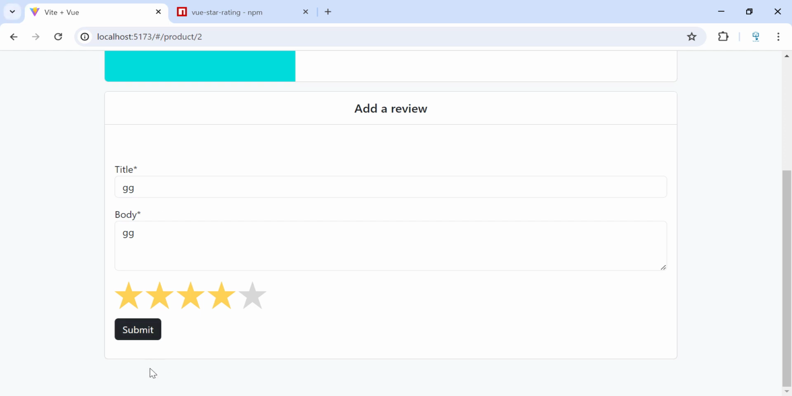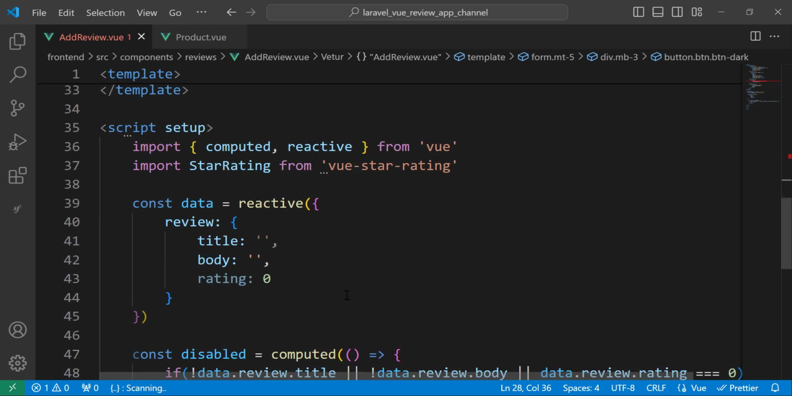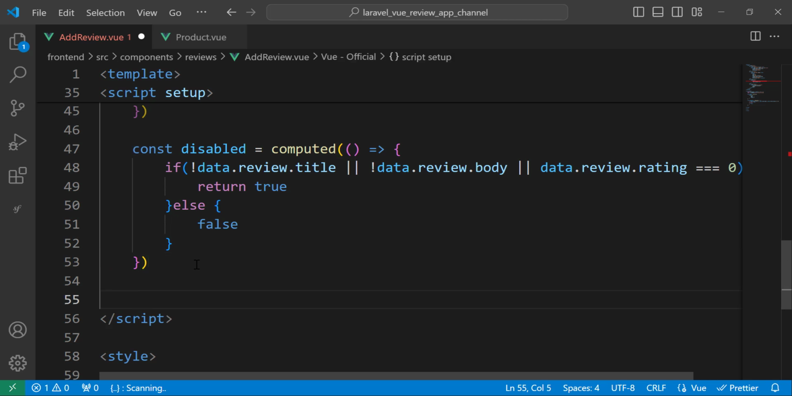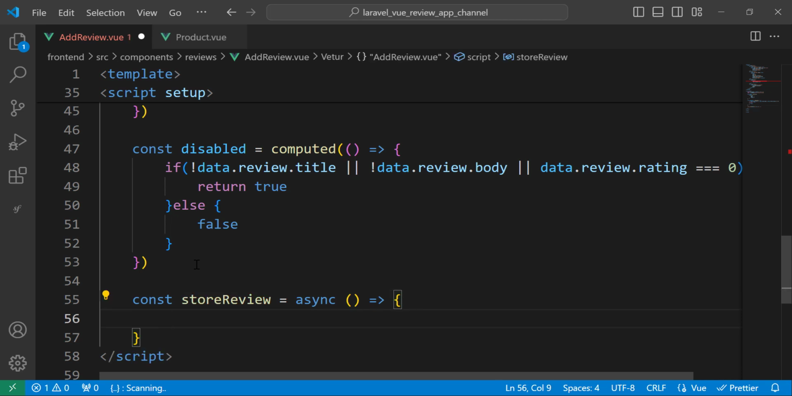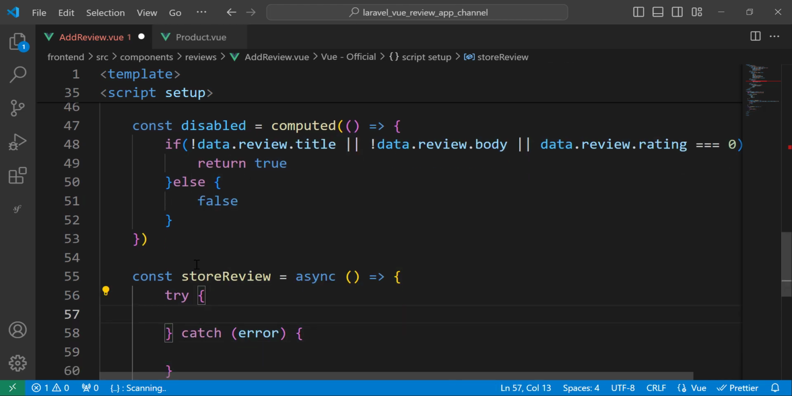And now when I click on this button, we need to send or to add a review. So let's add the function that will do that. We will call it store review. So let's add it now. It's const store review, and it's an async and await function. So let's try and catch, and here define the response that we will get